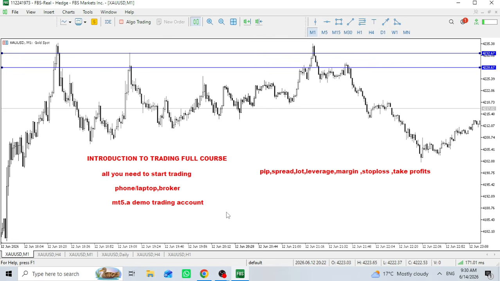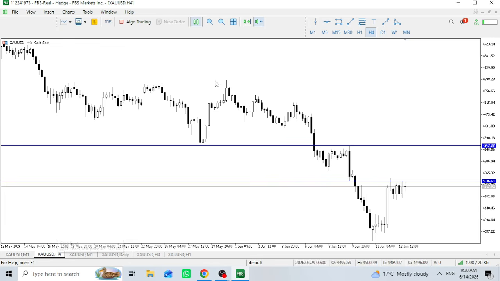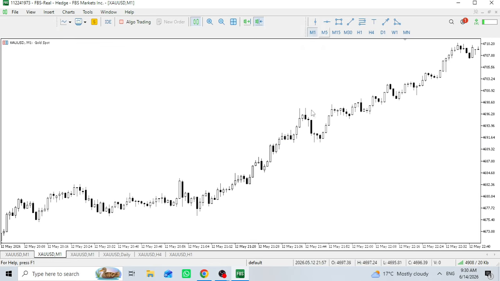The next thing you should put your eyes into is what you can see in the charts. And here is where the big boss comes in. Here is where we start. On the x-axis I'm seeing time, on the y-axis I'm seeing price. I'm seeing price, time, and I'm seeing candles.